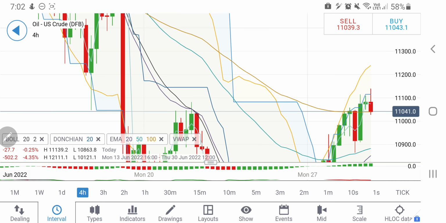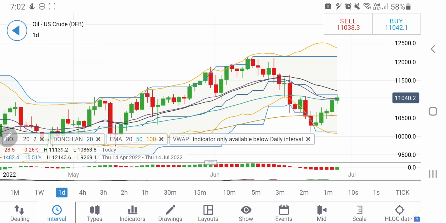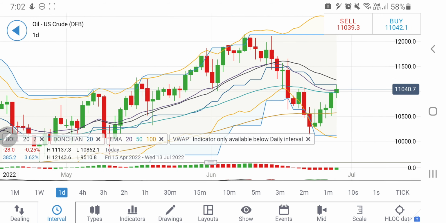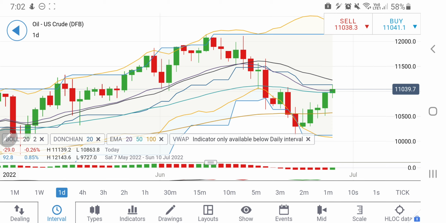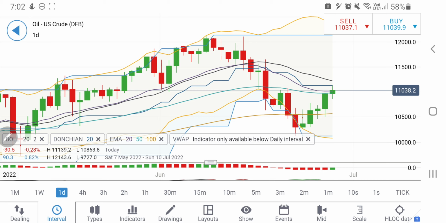But let's have the last chart, that is the daily candle. Now if you look at the daily candle, the new candle is yet to form. This is still the carry forward from the previous candle. And yes, it appears right now that it still has some room to rise, because this is